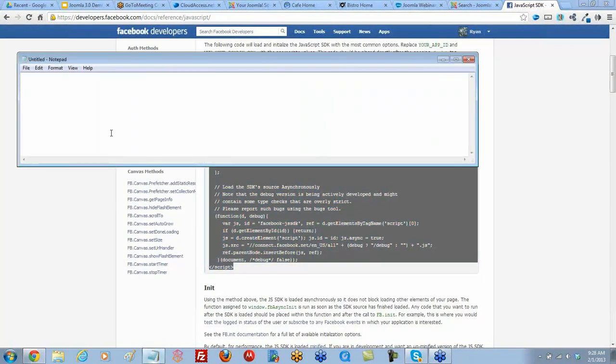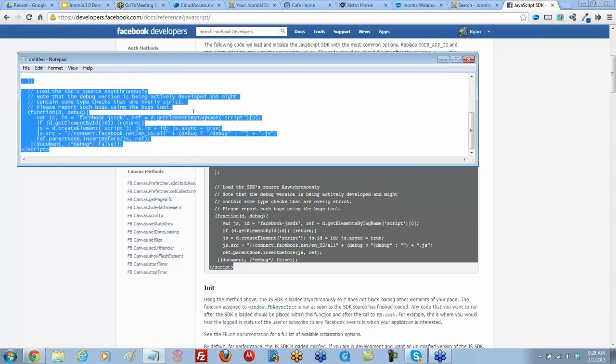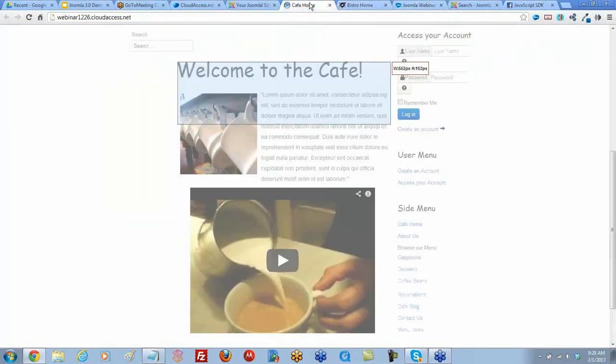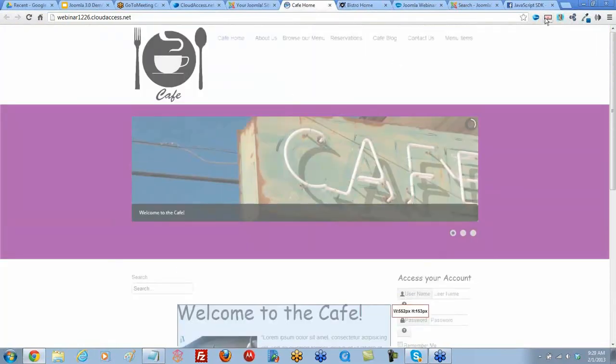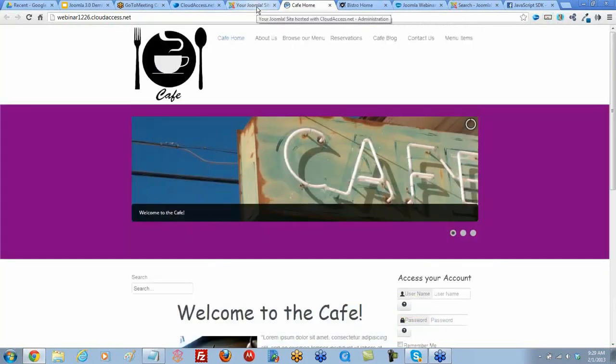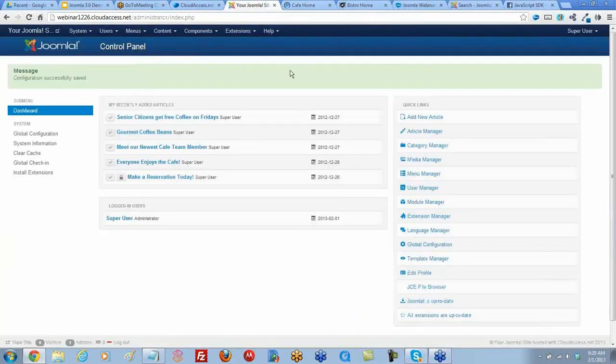Right. So I'm going to open up Notepad, and this takes out any formatting that may have come with that code, and I'll select it all again and copy it out of there. And then we need to somehow get this into our site. So where should that first JavaScript SDK go? The first one needs to go right underneath your opening body tag. So we're going to have to go into your template manager,